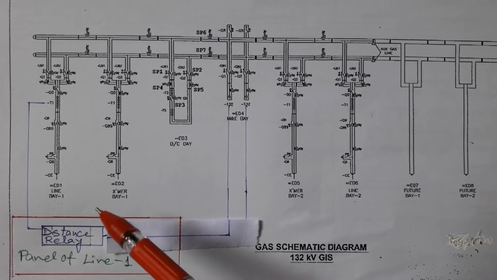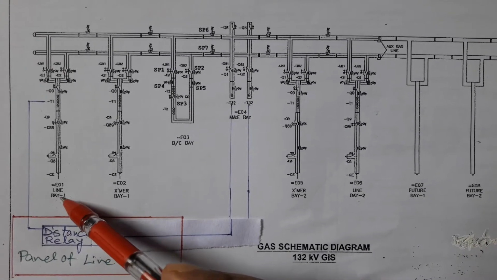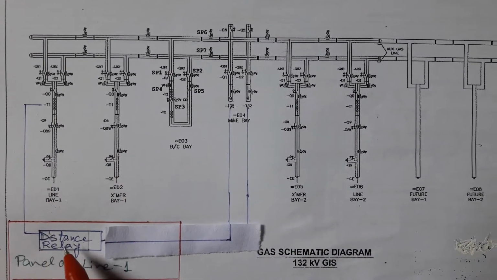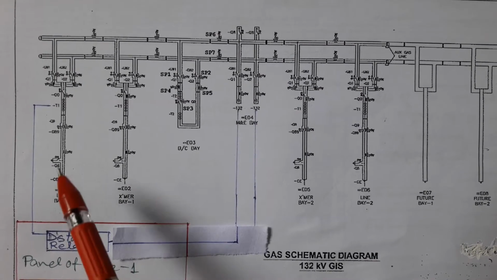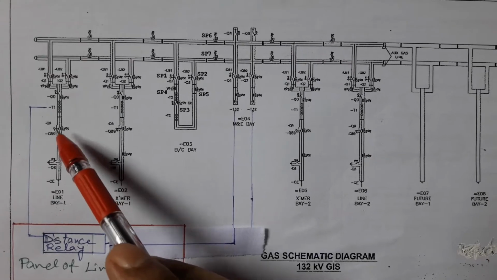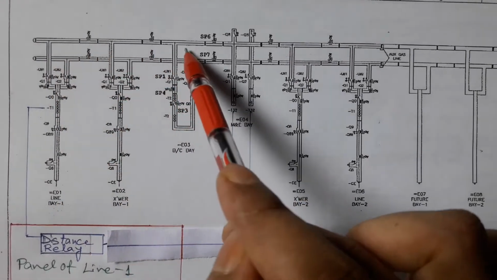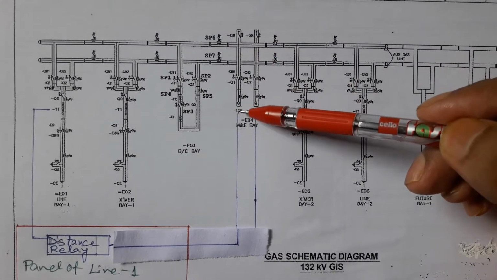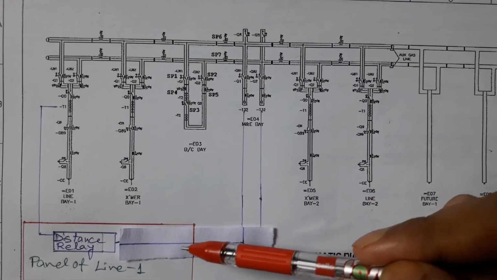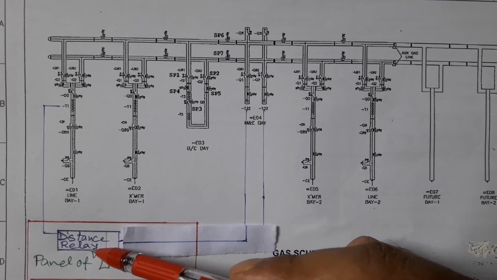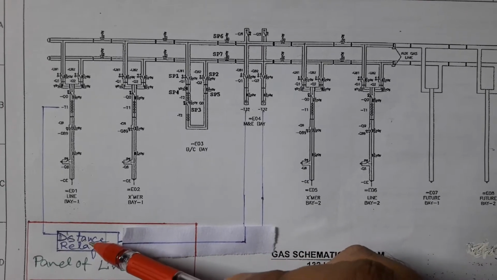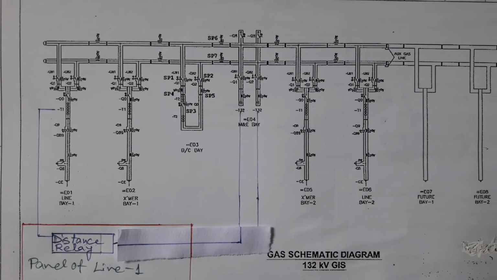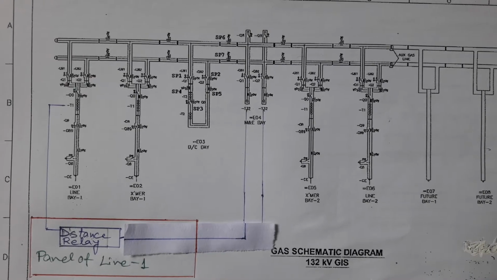Now let us assume a red phase to ground fault occurred in the line connected with bay 1. As a result of the red phase to ground fault, red phase current will increase and will be detected by the distance relay. Also, there will be a red phase voltage dip, which will be detected by PT1, connected with bus 1, and this PT voltage will be recorded by the distance protection also. As the distance protection is recording current and voltage data simultaneously, it will issue a trip such that the fault can be cleared.